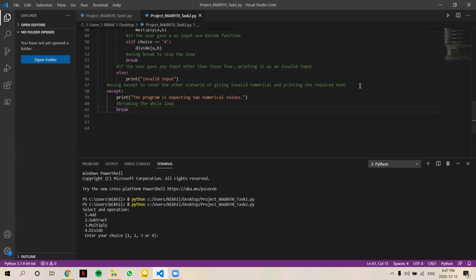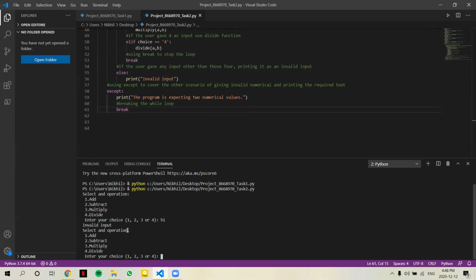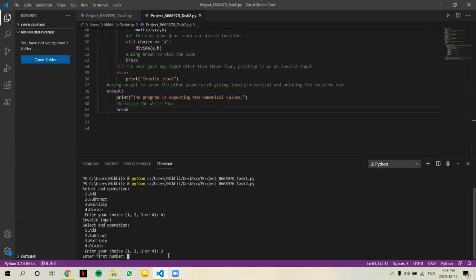So if I run this code, as you can see, it is asking for an operation to select between these four. So first I'm giving an invalid input. So it is showing an invalid input and asking us to select again. In this case, if I give a valid input, it is asking me to enter a number. So I can give any decimal place values.